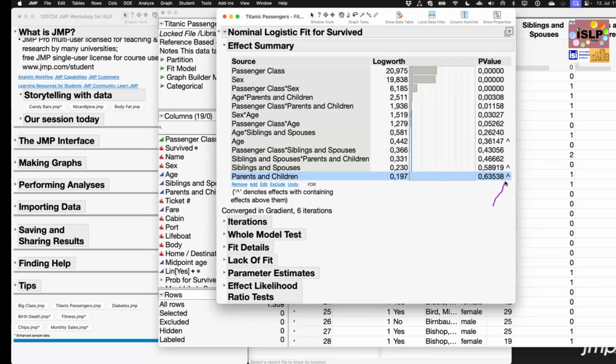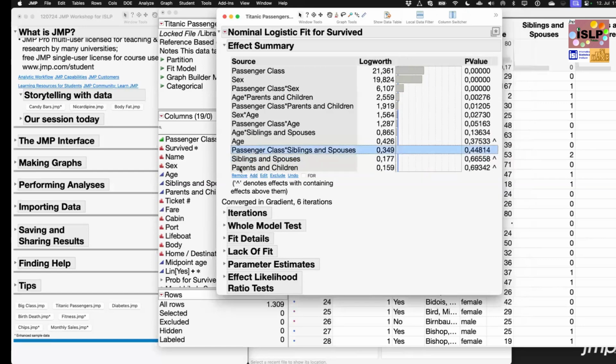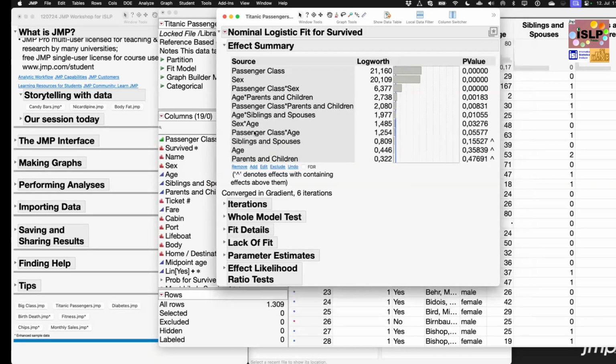But this hat symbol tells us that the factor is used on a higher order term. And that's this one and this one. And this one is significant. So it would be a good idea to keep this as well if it's used on higher order terms too. So let us keep this one and this one. This one can be removed. And this one can be removed. So now let's keep the model